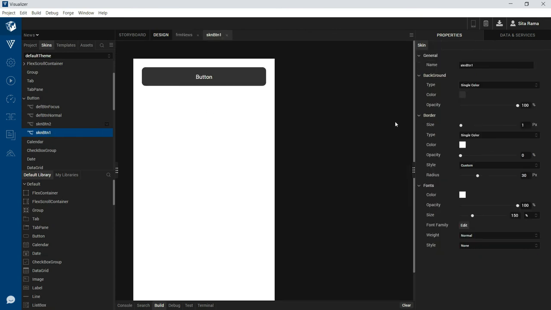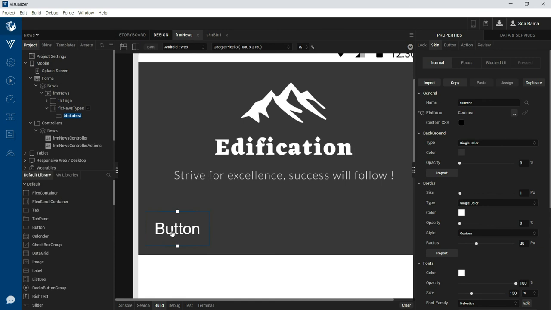Let us change the font size in the skins that we have created for the buttons. As we can see here, the font size looks bigger than expected.